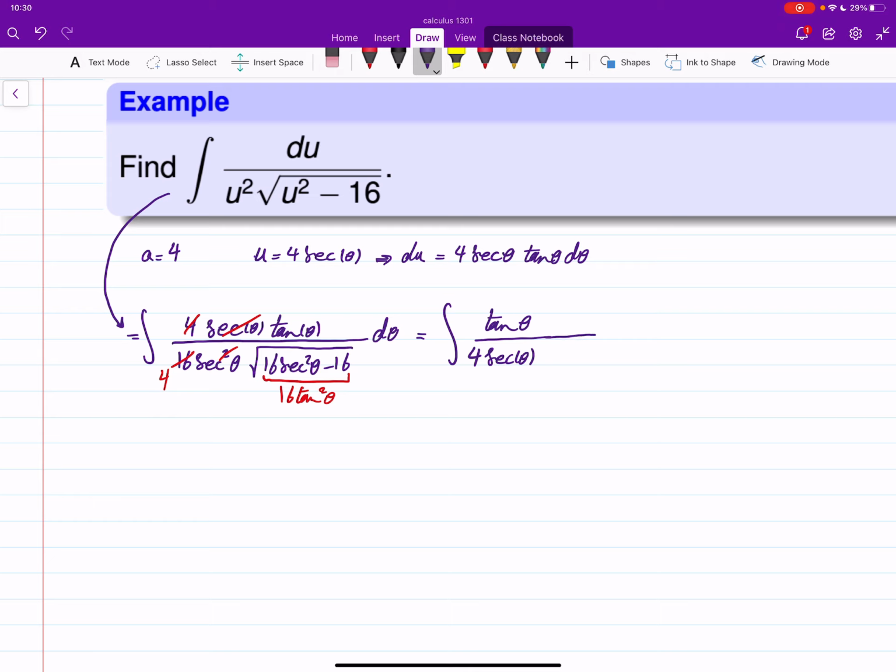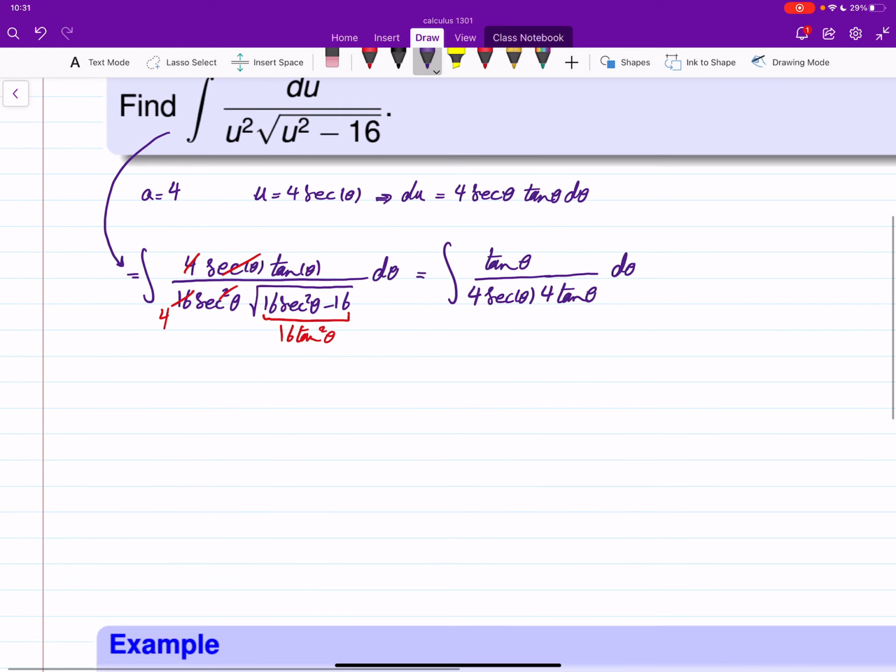Under the square root, what comes out is 4 tan theta d theta. And again, some simplifications. The constant you can take out and write 1 over 16 integral of 1 over secant theta d